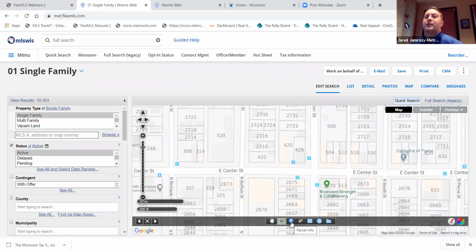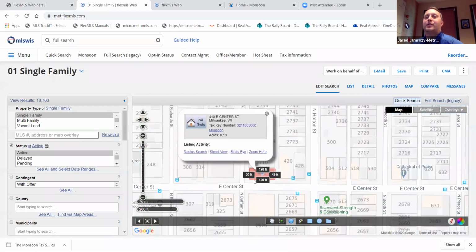So our next feature is parcel information. I'm going to go ahead and click on that one. It's the little blue circle with the white eye. And if I actually click on a certain parcel, it's going to give me the lot dimensions for that property. It'll bring up the photo from the last time it was listed in the MLS. It'll give me a link to the tax key number directly to Monsoon. If the acreage is available in the system, it's going to give me that as well. And then anything under listing activity, so if the property had sold or expired or was withdrawn, any of those things, you actually see a record of those with the MLS numbers, and it will have a link directly to that